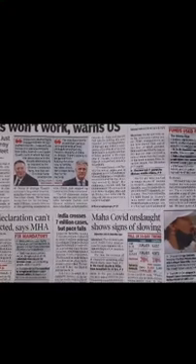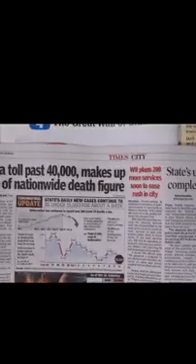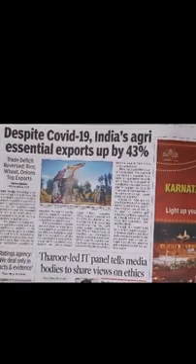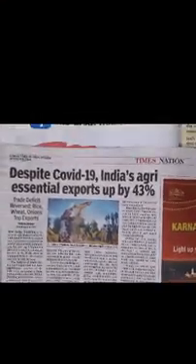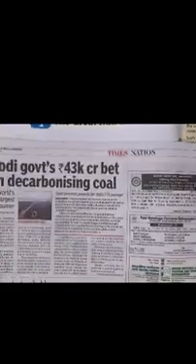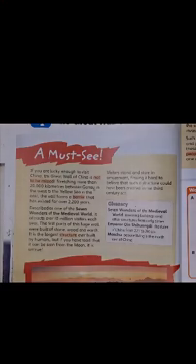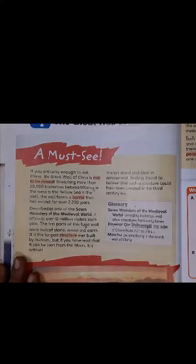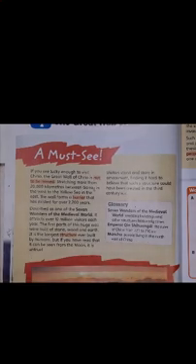Even if you see, children, your newspaper, the newspaper also has a layout. It has a heading, right? So these are all layouts, and then there are different pages, children. Here you have city news, then somewhere you'll have the sports news, then you'll have nation. See here, this is nation, right? So there is a layout for the newspaper. Similarly, there is a layout for a magazine and also for a text, right? Okay, so now let's move further.